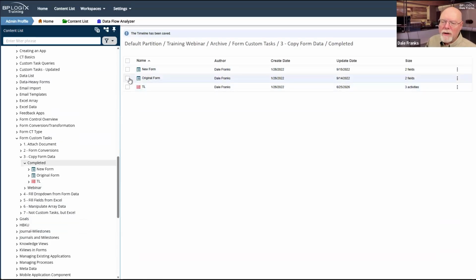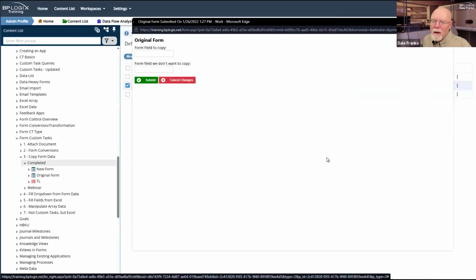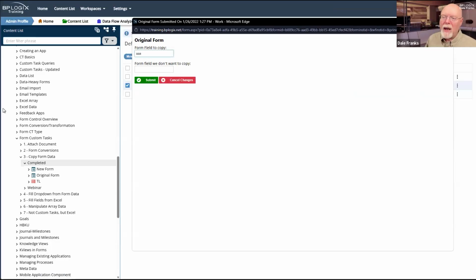Whenever it runs. So here's my original form. We're going to run it. It only has a couple of fields. So we'll call this one AAA, and we'll call this field BBB, and I will submit my form. Note, this is the original form that I am going to submit.